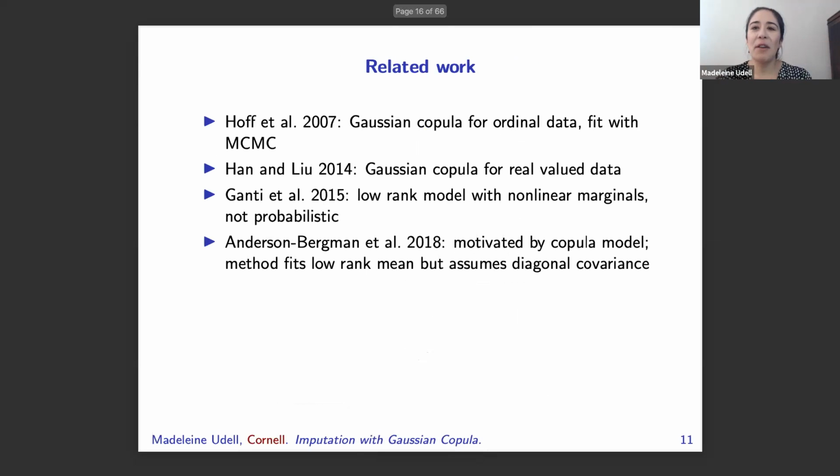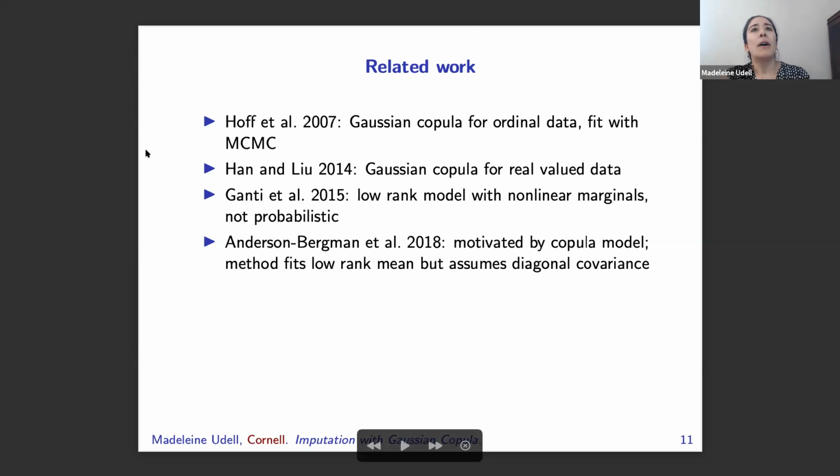Great. Okay, so all that's motivation. There have been lots of people studying similar models. Many people have studied Gaussian copula models before, together with ways of estimating them. The closest work is this work by Peter Hoff, which proposes a Markov chain Monte Carlo. The main contribution of our first paper on this was a faster approximate EM method to estimate the same model. And then we improved it to use a low rank covariance matrix, which I'll show you in the end of this talk, which allows you to fit it for extremely large data sets like movie lens.